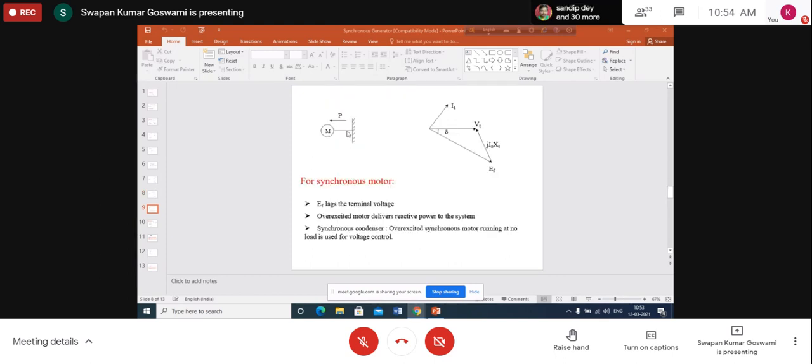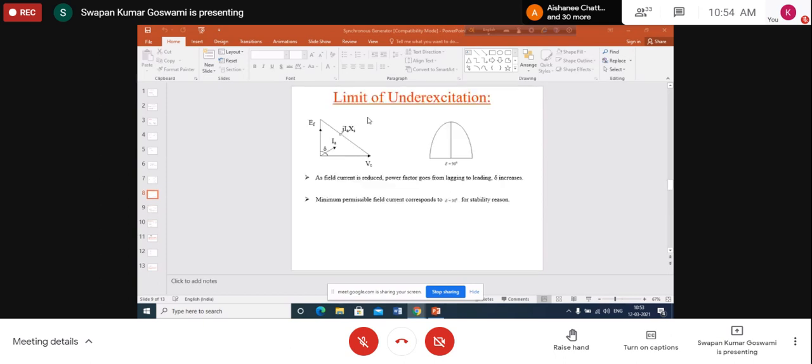Now we are in a position to discuss the synchronous motor, because the synchronous motor can also take part, particularly in voltage control, so we should discuss that. But before we do that, let us discuss some more things regarding the operation of the synchronous generator, regarding its voltage control. You have seen that field current may be controlled for controlling the reactive power generation, and an overexcited synchronous generator delivers reactive power.